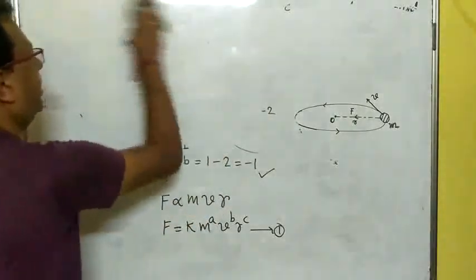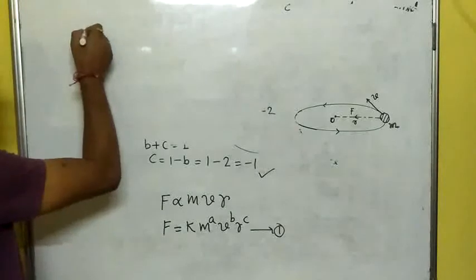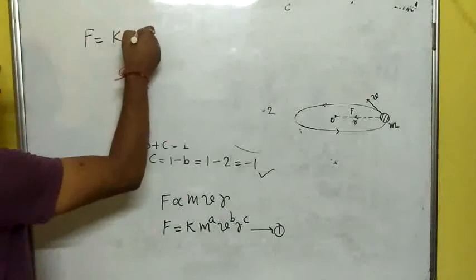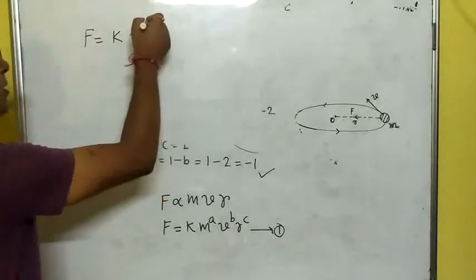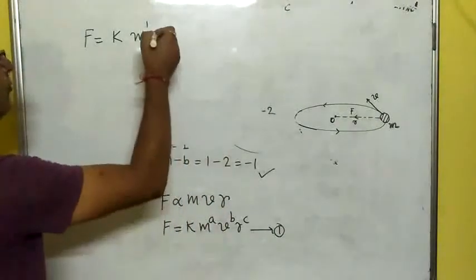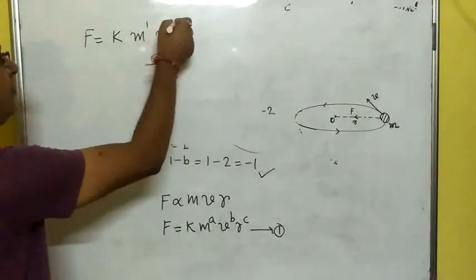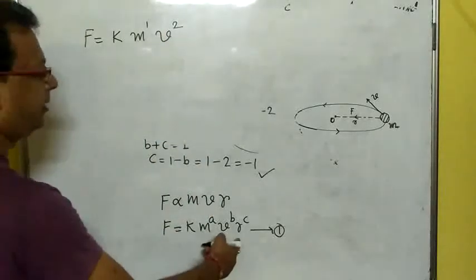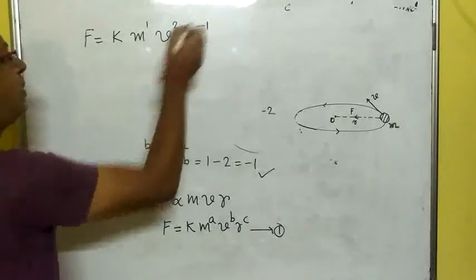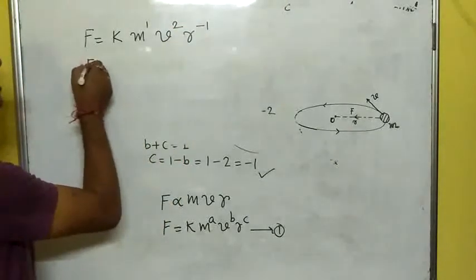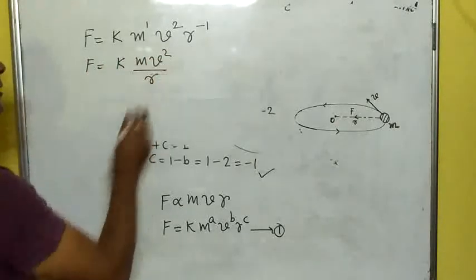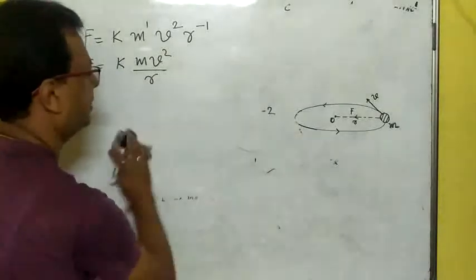F equals K into M to the power of A. A is 1. Then V to the power of B, so V to the power of 2 is V squared. And then R to the power of C, where C is minus 1. So we can write it as F equals K into M V squared by R. So this is the expression for